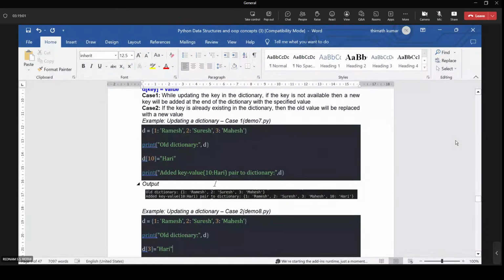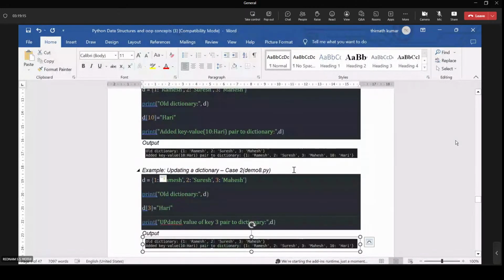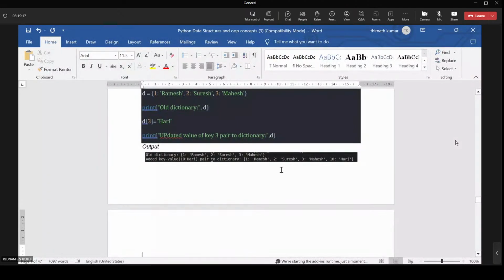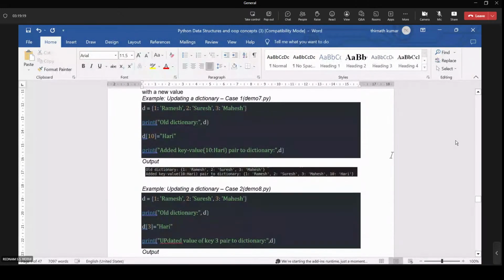In that case, we add the key value pair 10 colon Hari to the dictionary. So we will get Hari as one of the key value pairs, and the key is 10.